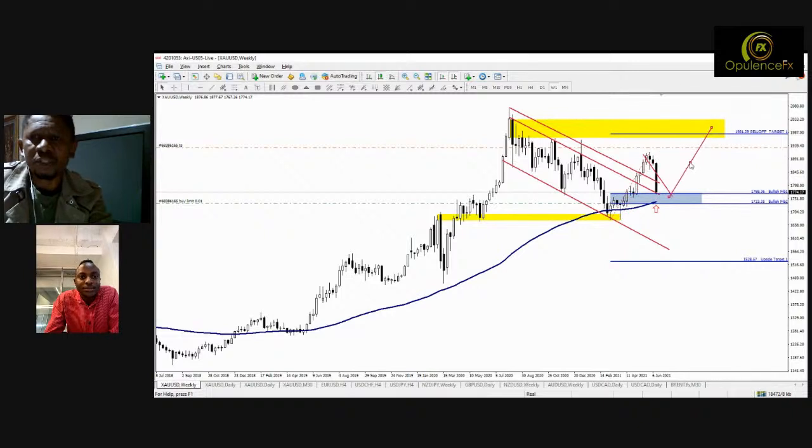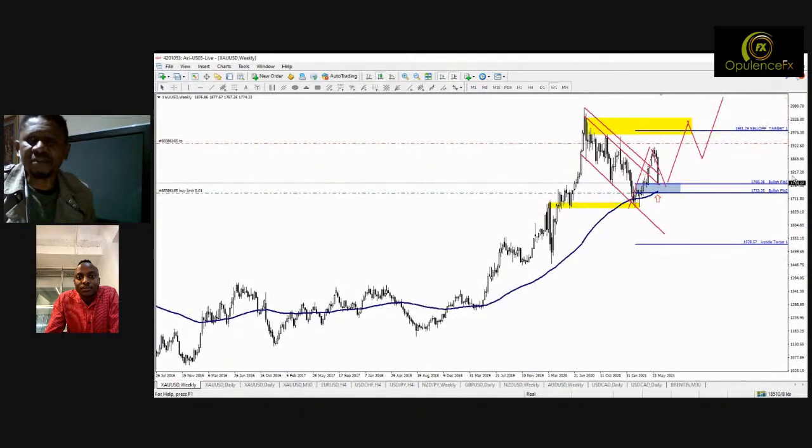So it's not very good for Powell. I don't think that it was his intention. His intention as the Fed was not to strengthen the dollar, but just to do monetary policies. But this can still send gold for the last final wave to the bullish side before the drop.